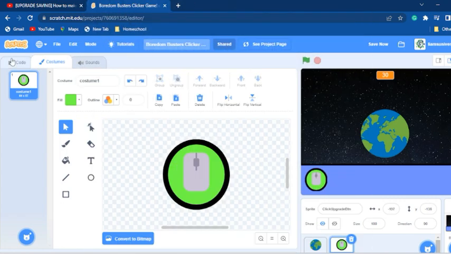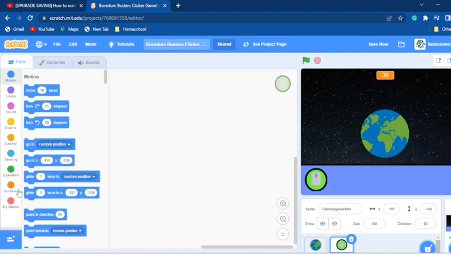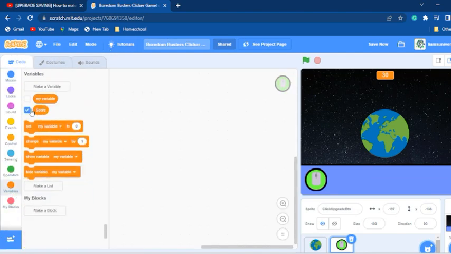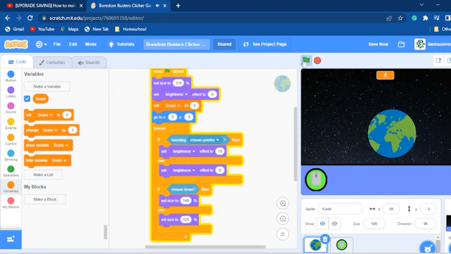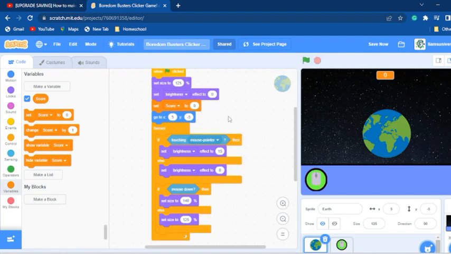Okay, so what we want to do next is go to the code section and go to the variables tab. What a variable is, it's just a kind of thing on the computer that stores stuff. It could be empty. In fact, I want to delete the my variable. As you can see, we already have the score, which changes up like that. So what I want to do now is make a new variable